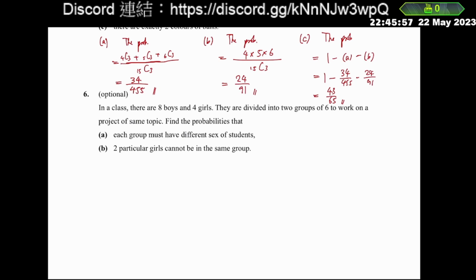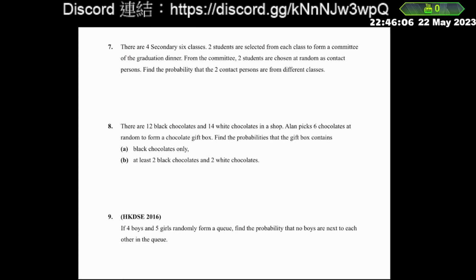So for question 6, it is an optional question. So I think I will leave it to you as your challenge, and we can check the answer when I come back to school. So for question 7,